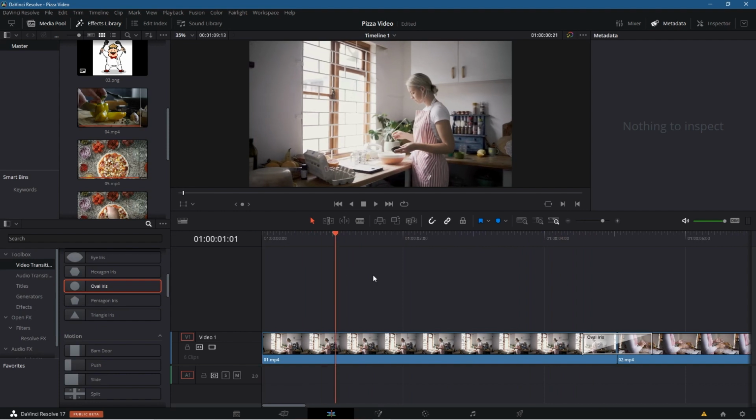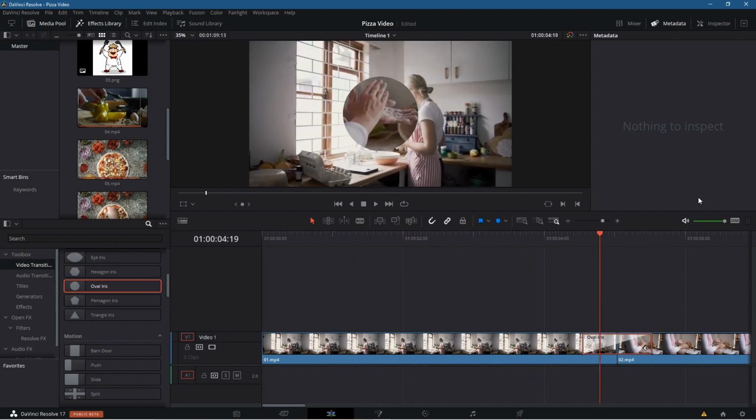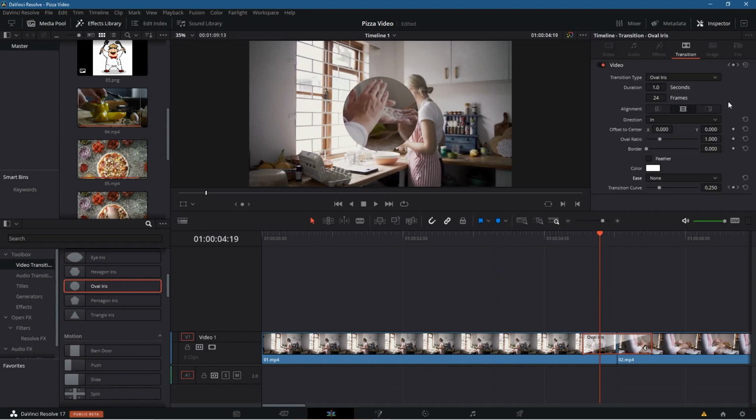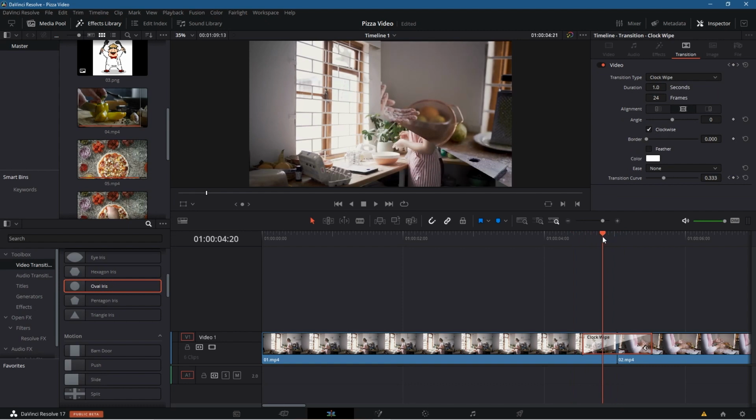So if I move to the very beginning of the timeline, this is the first transition, right? So if we click on it and then go to the inspector up here, there's something called inspector, and we can see some options in here. It tells us the duration is 1 second. It tells us 24 frames. If you want to change the transition, you can click here and change it to like clock wipe, for example. Then you've got a different type of transition, right? So you can easily select the transitions from the top here, but we want to stick with the oval transition